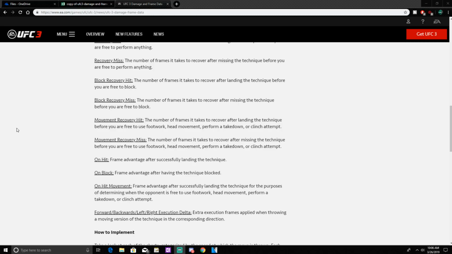Now, if you go back to our initial recovery hit definition, it says the number of frames it takes after landing a technique before you are free to perform anything. Now, we'll keep going as we progress through this document. You'll see where this becomes an issue. So let's look at some other definitions though. Let's go back and reread the definitions of the things that are on the UFC site, and I'm gonna give